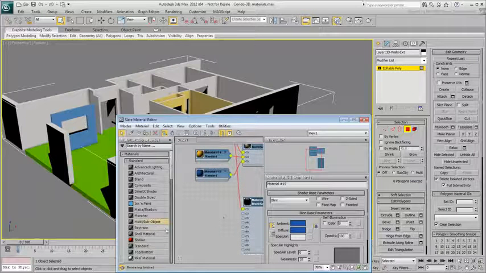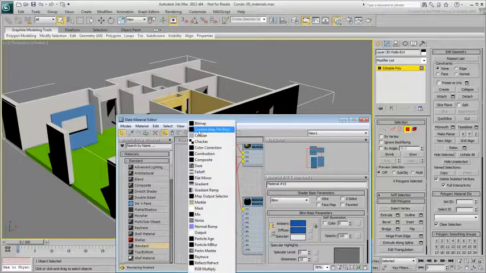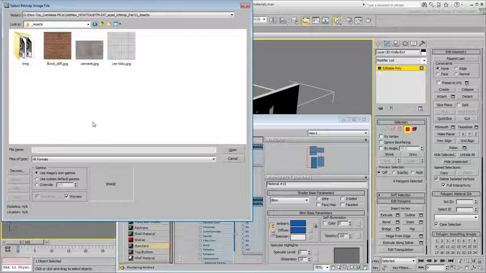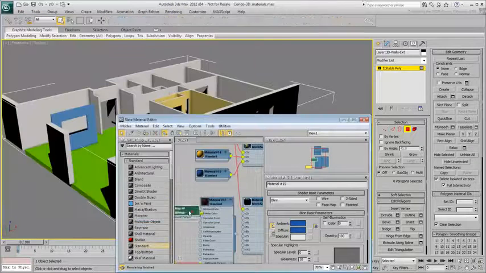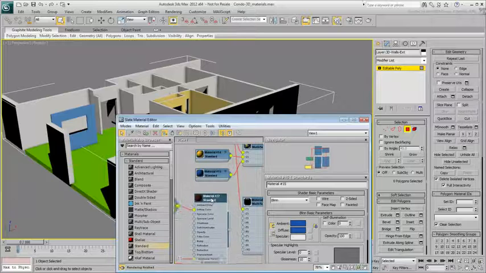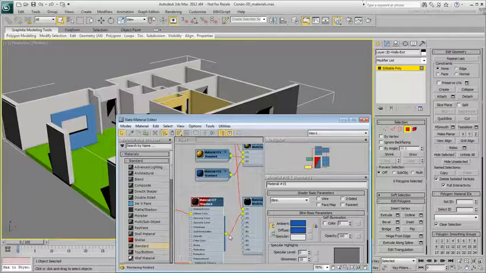Drag in a new standard material into the viewer. Set that standard material to be based on a brick diffuse bitmap. You'll find one in the zip file you downloaded for this tutorial. Make sure the new standard material is set to display its maps in the viewport and link it to channel ID number 2. The wall sections are still black in the viewport, but that's only because you need to define